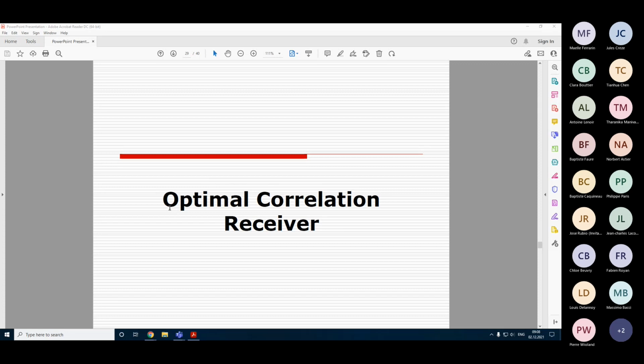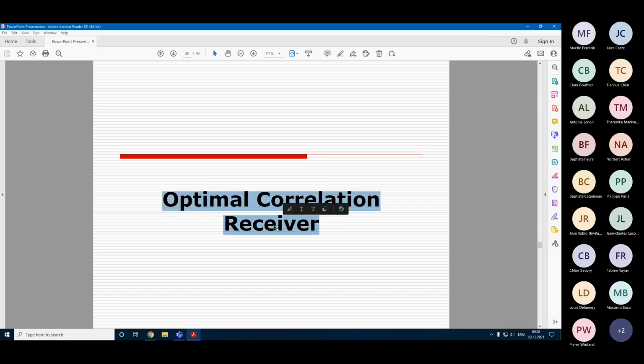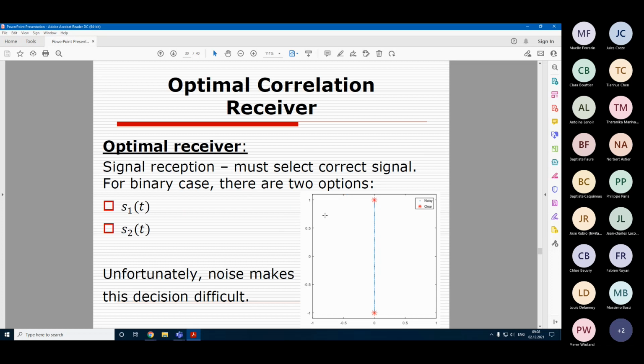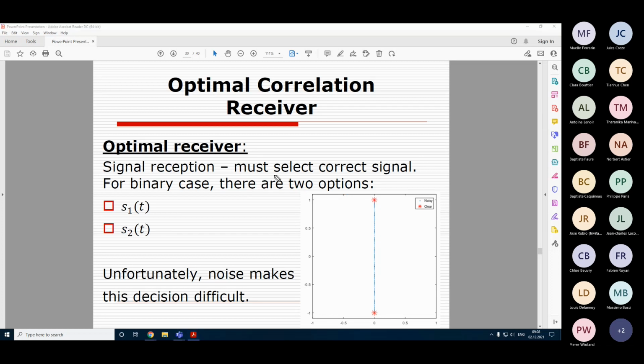So let us then at once talk about the optimal correlation receiver, which we'll make in our second practical exercise today, and how it works. The optimal receiver must select the correct signal. Basically, during transmission, the transmitter can send either S1 or S2. Then it is transmitted in the channel as some selection U,